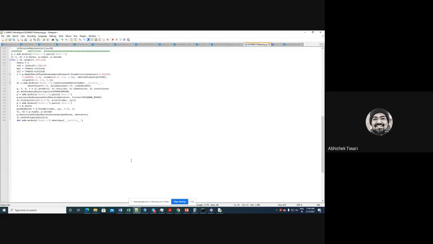So this was our code for partitioning, and partitioning is done. So what I will do is remove everything from here, and I will make it boundary condition.